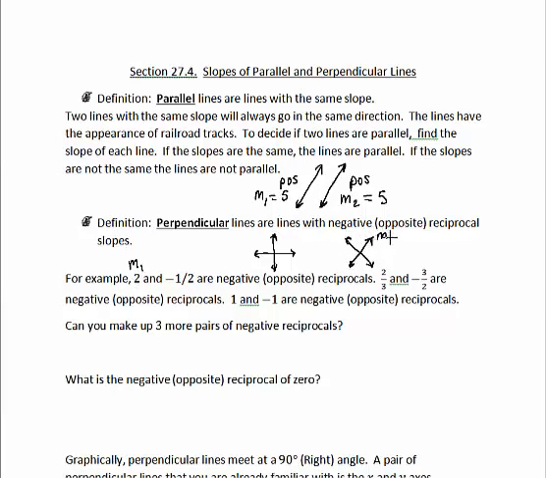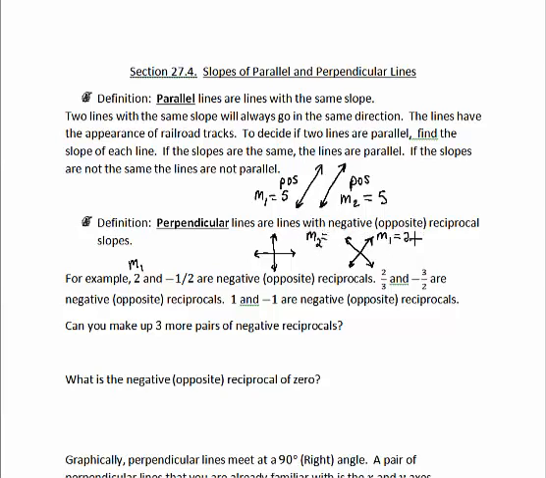So let's say this is M1. If this is M1 and its slope is 2, and then this second line is drawn such that it's perpendicular to line 1, then all I have to do, if I know that they're perpendicular,